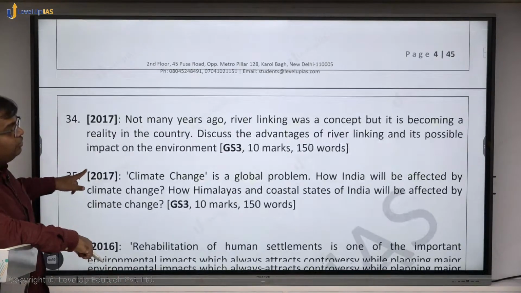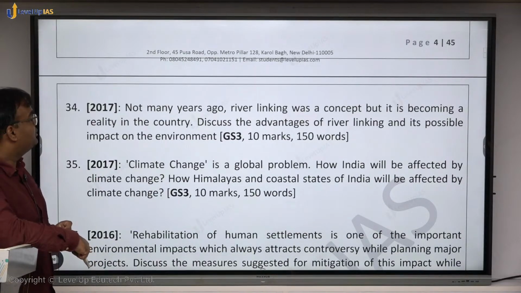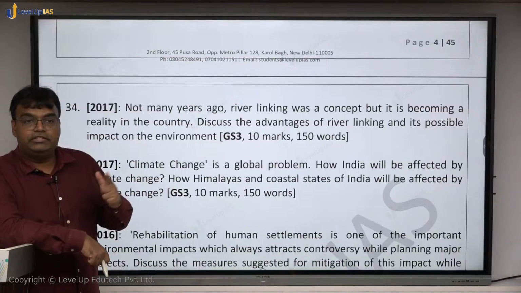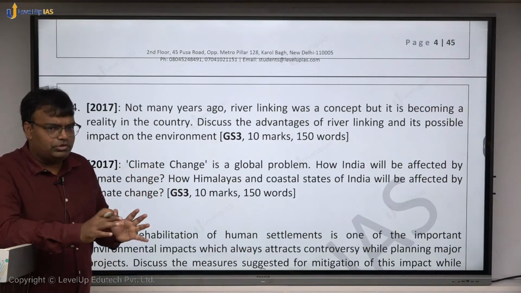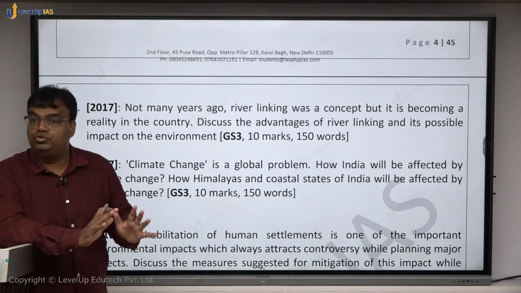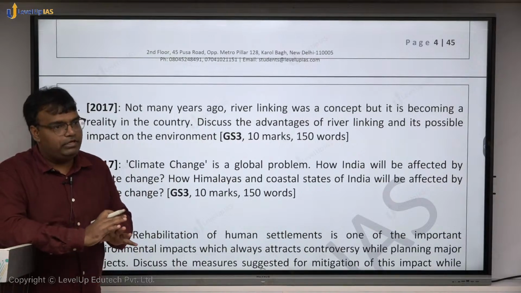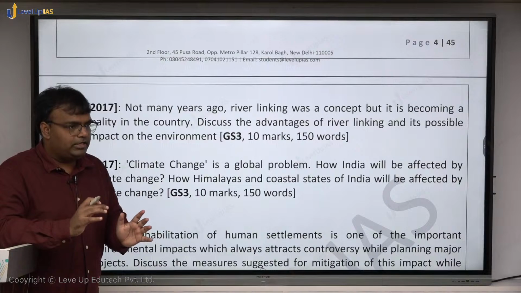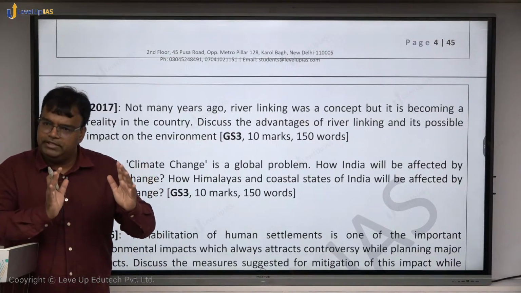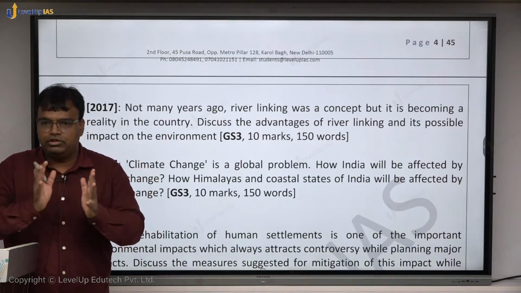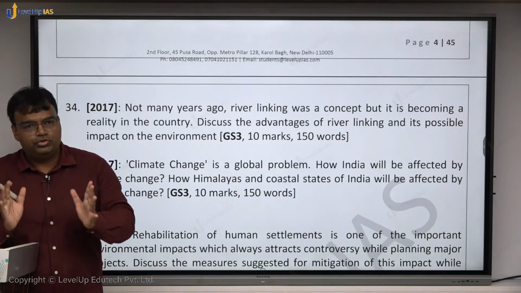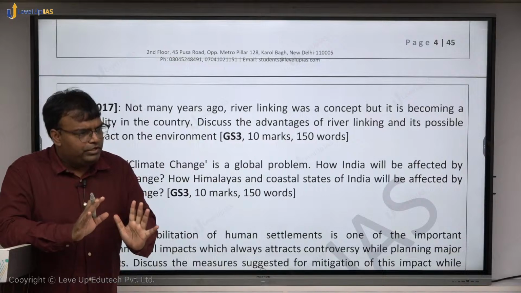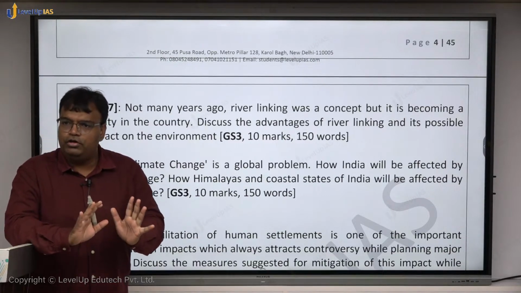Not many years ago river linking was a concept, but it's becoming a reality. So river interlinking पे also in GS1 and GS3 in that period between 2013 to 17 they have asked 2-3 questions. So we will here study river interlinking, though वो थोड़ा sideline हो गया, बहुत news में नहीं रहता, but still we'll briefly in one page summarize it, good things about it, bad things about it, what has happened to it, so that when we'll enter examination hall, we'll enter with confidence कि we are very well prepared for our